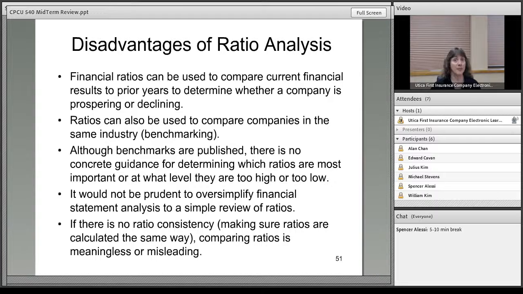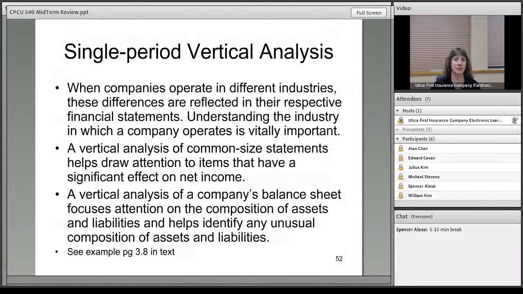It may not be prudent to oversimplify financial statement analysis by just looking at the ratios. And also, if there's no ratio consistency, in other words, if they're not calculating the ratios in the same way, it's meaningless or misleading. So those are some things you have to look at when you're looking at financial ratio analysis. Okay, I'm going to skip these